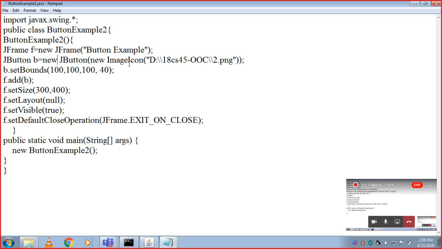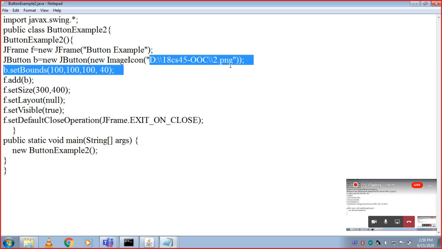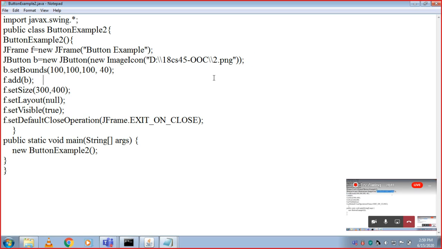So we create a new ImageIcon within that JButton instance, and the path of that image has to be given. Here, in the D drive in this folder, this is the name of the image.